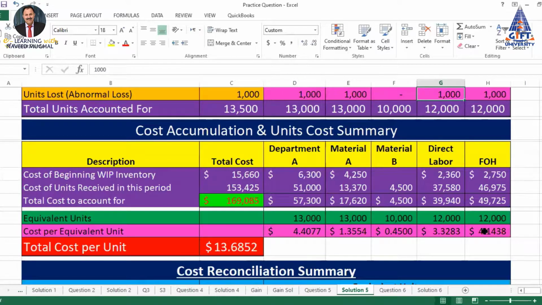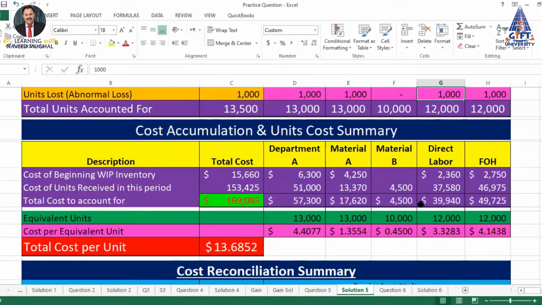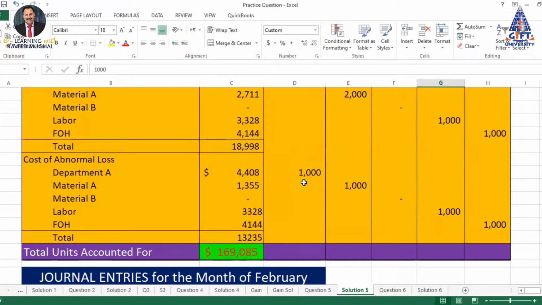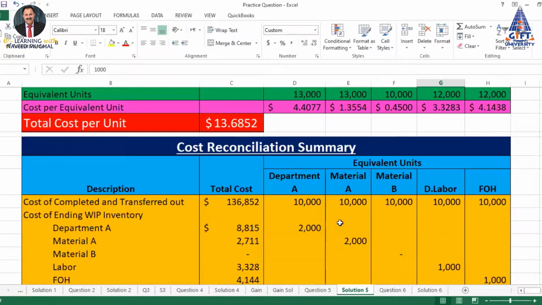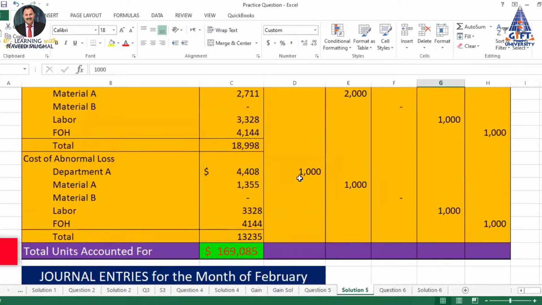We will have the sum of these four costs, and then multiply them with the 1000. Then we can have a sum of all these total costs. But material B is 0. So it means that the total cost of these is four cost elements. So exclude 0.45 from this cost and multiply this with the 1000, then we will get this figure as well. But here we can apply this by following this format, and it can easily be calculated.